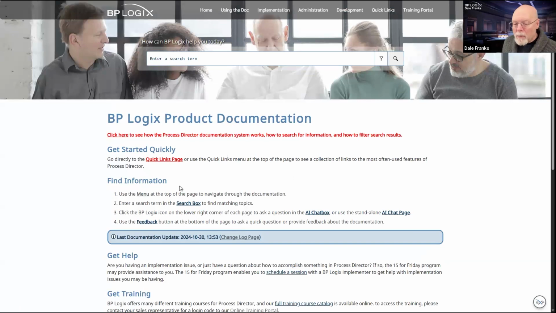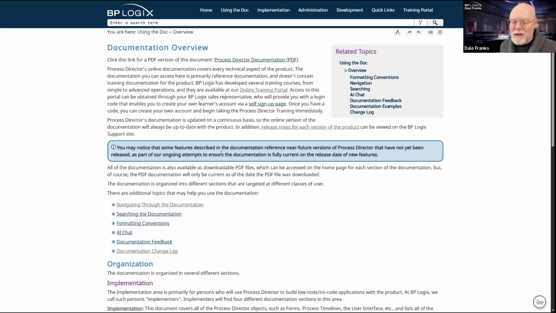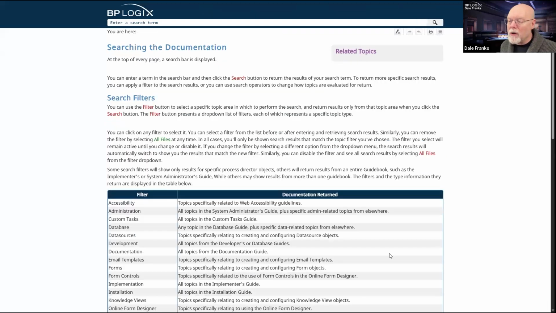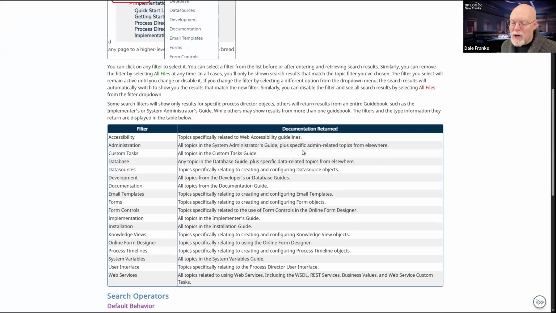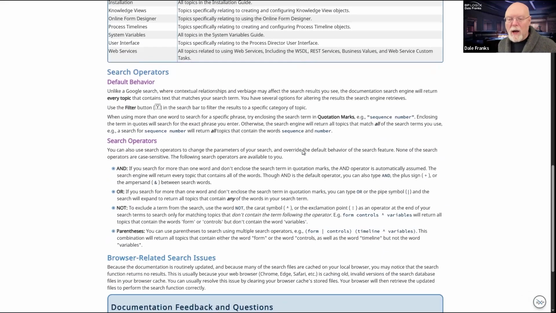There are a number of other search operators that we can use, and in the interest of time, I'm going to show them to you, but we're not going to do a whole bunch with them. But we are going to go into the documentation itself. We are going to look under searching. And in searching, it sort of tells you how the search bar works, which we're also going to cover.